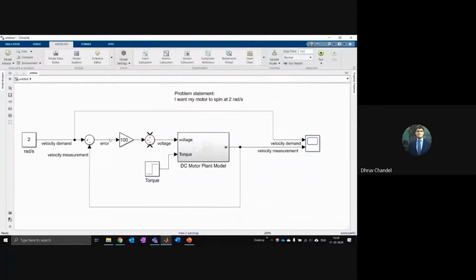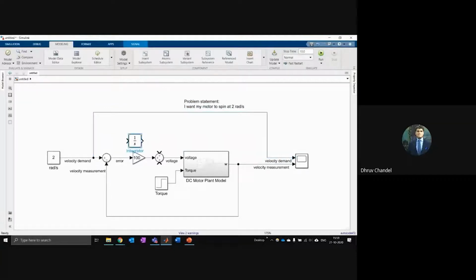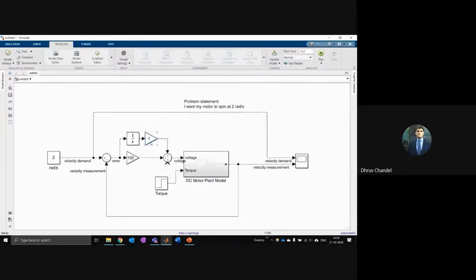So what do I do? I take my error signal, I integrate it. How do I integrate? There's a built-in integrator. Let me rearrange this model a little bit. So I integrate this signal. I may want to put another gain on this. And then I add this here. So maybe I can just put a gain of 1 right now. This thing here is called my integral gain. This thing here is called my proportional gain. So what we have now is a PI controller.